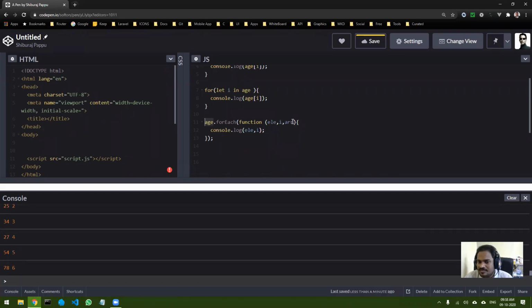Okay, so we actually don't need that, so let's forget it. Basically we will be needing these two things. In many cases you may also need to get the index, like when you're creating a table. When you print something onto a table, you may need an index to print along with the data. That's why this is also very important, but this is optional. If you do not provide it, then only the element will be returned. Okay, so any doubts still here?